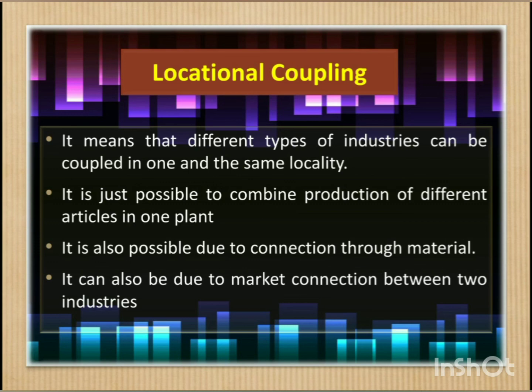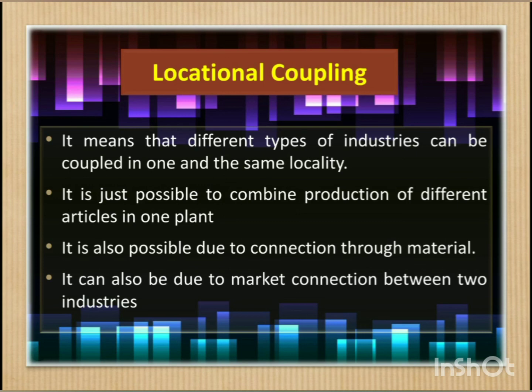That is, if the byproduct of one industry happens to be raw material for another, then the two industries may select a single place of location. It can also be due to market connection between two industries. In such a case, product of one industry may enter into another industry without being used as material or half-finished